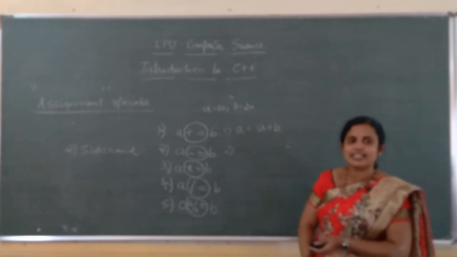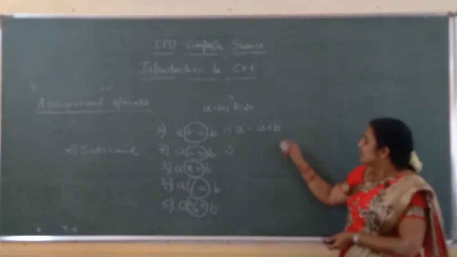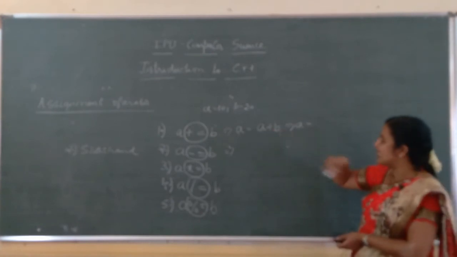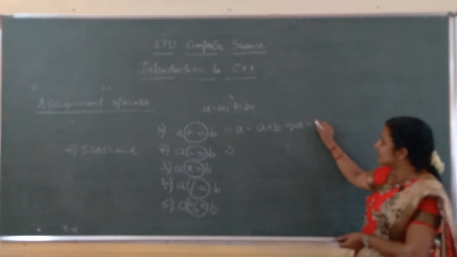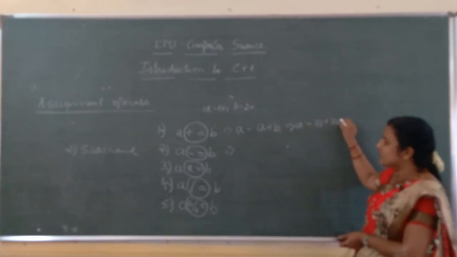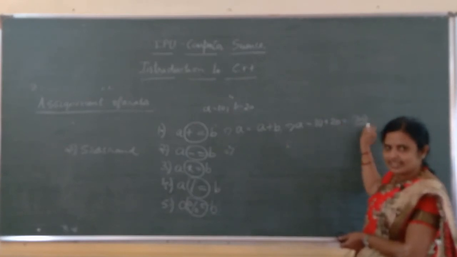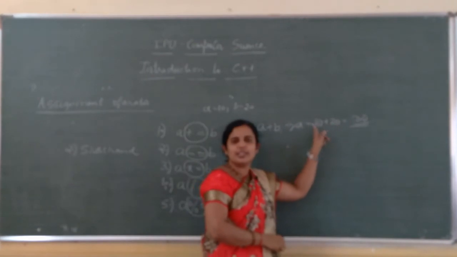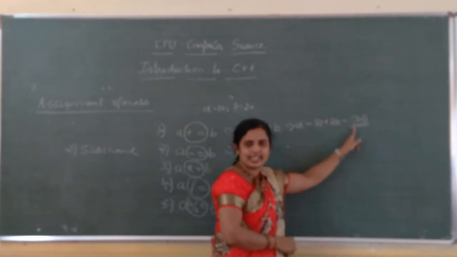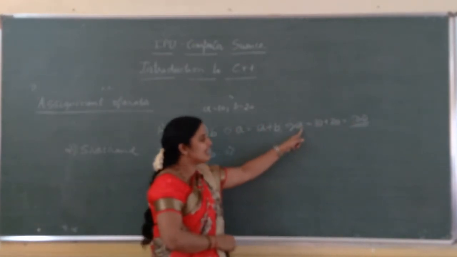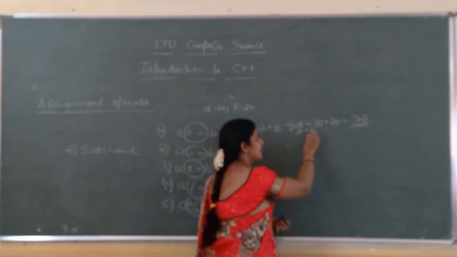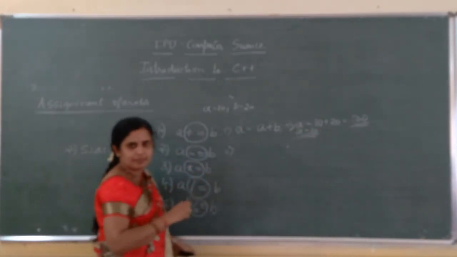Suppose now A is equal to 10, B is equal to 20. What is the answer I get here? Here A is equal to A plus B, isn't it? I can write it as 10 plus 20. What I get? 30. Is it clear? Have you understood? Here I added 20 to 10. I get 30. And that 30 is stored where? Stored in A. Here I stored 30. A is equal to 30.